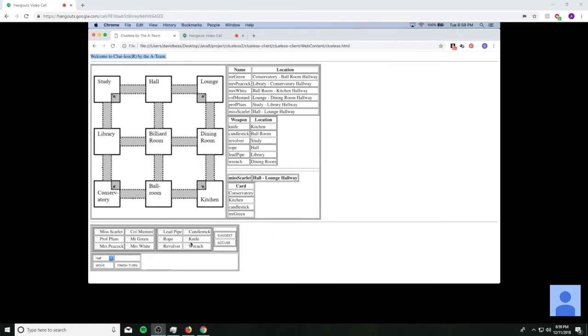Here in the very bottom section, you see these radio buttons are for making suggestions and accusations. And then on the very bottom, there's a drop-down menu with the possible legal moves. So for Miss Scarlet, she can currently move either to the hall or to the lounge. So we'll go ahead and select lounge